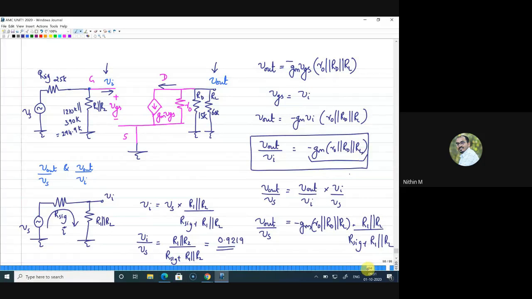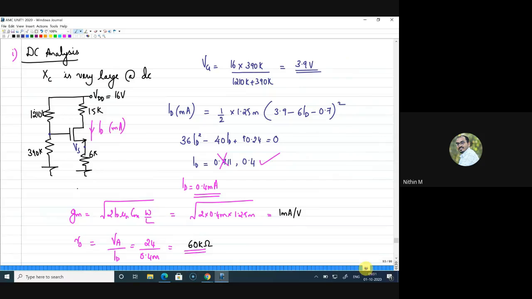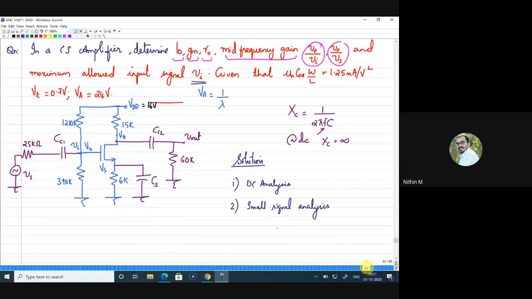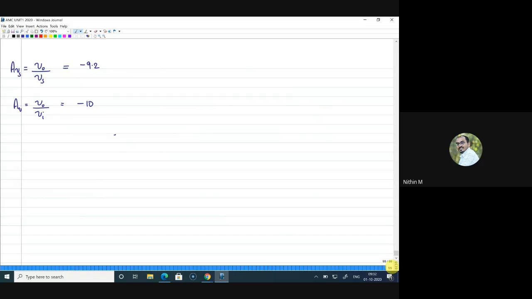Right. So one more thing is there. If you look at the last part of the question, it is also asked what is the maximum allowed input signal Vi. So what can be the maximum value of the signal? Value in the sense, it is asking the peak value or the amplitude that can be given to this node. Maximum allowed in the sense, if you are giving more than that, the transistor will leave or move out of saturation. That is a condition. So listen carefully, this is important. So to find the maximum allowed input signal,